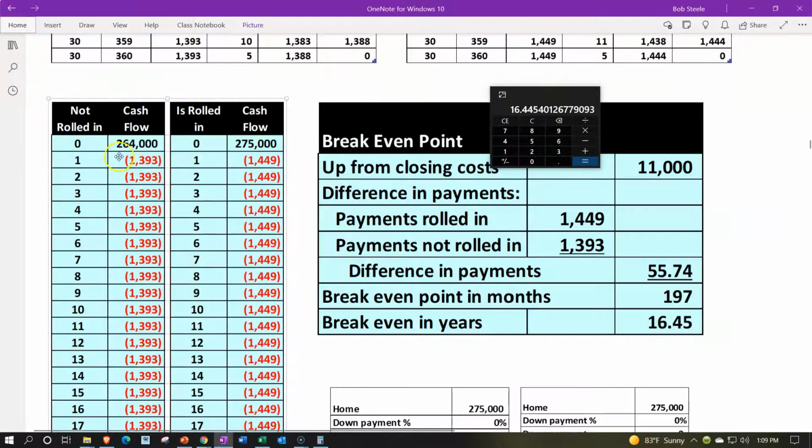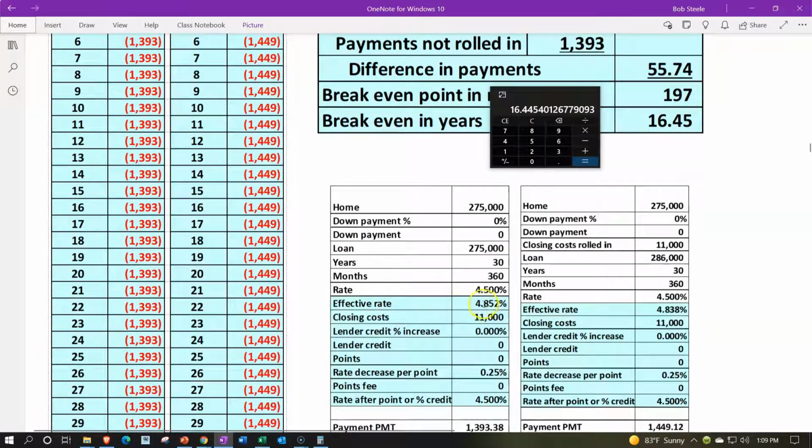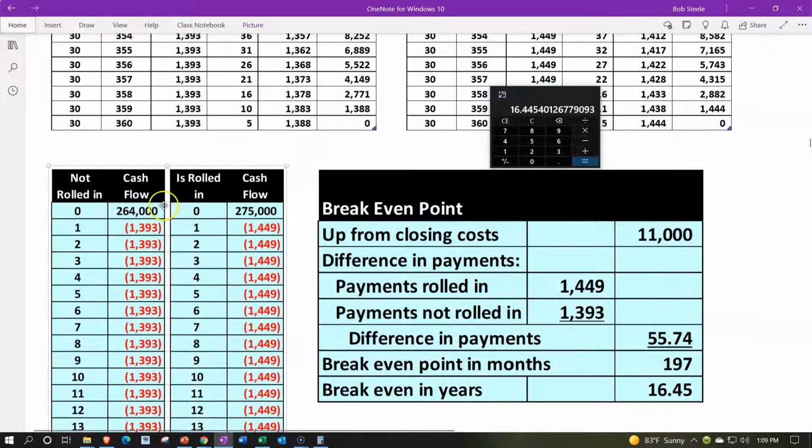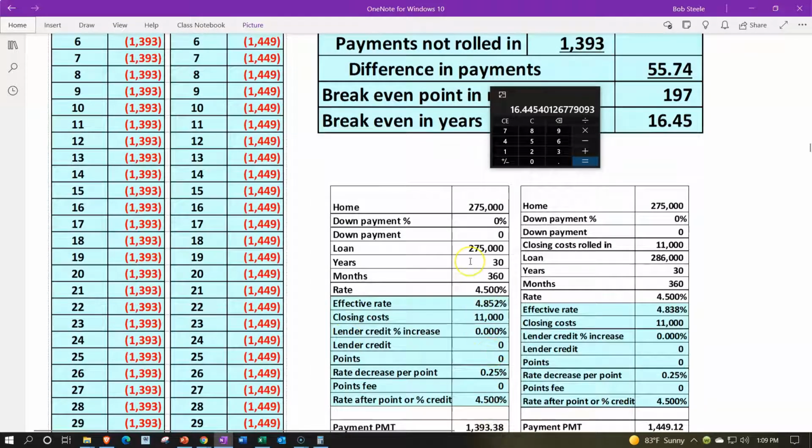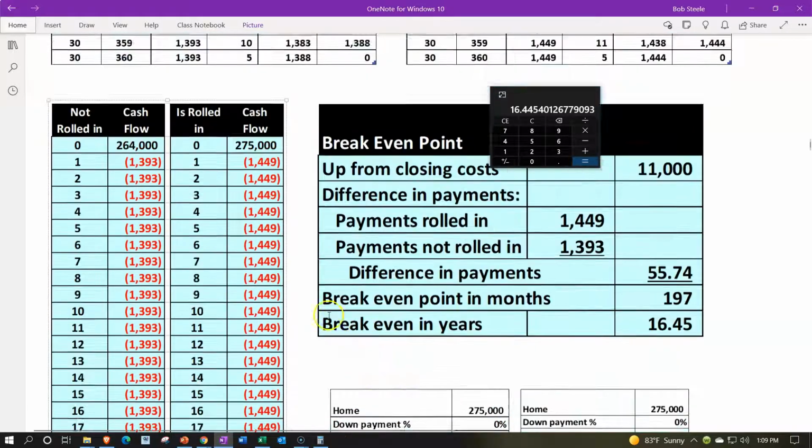Let's look at our IRR calculations. We just want to prove these effective rates first, and then we'll take a look at that break-even point. For the IRR calculations, we're going to look at the cash flow. For the first option, we got the 264. This is where it gets a little confusing: where does the 264 come from? Well, on this first option, we took the 275 that we paid for the home, minus the 11,000, which also went out in period one because we had to pay that for the closing costs. That's going to give us our